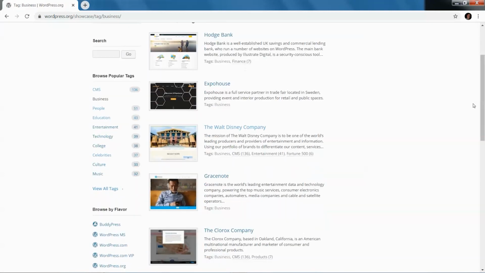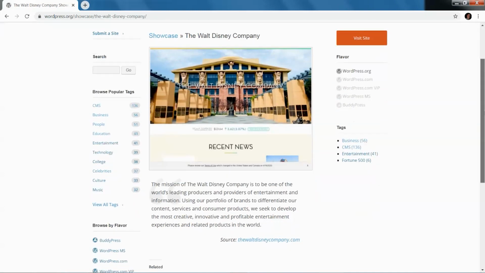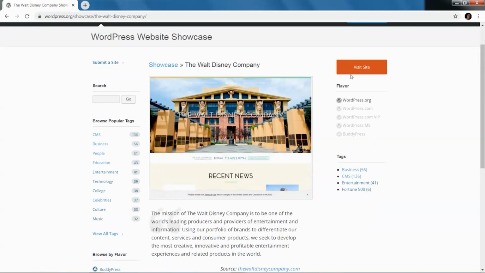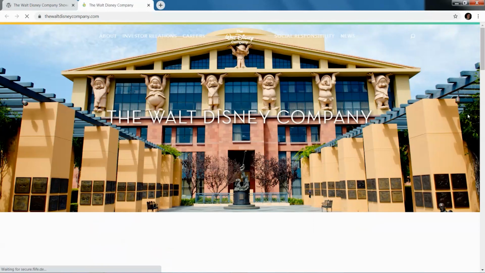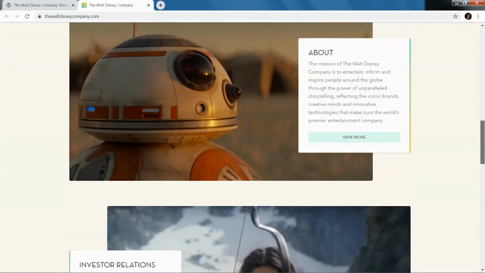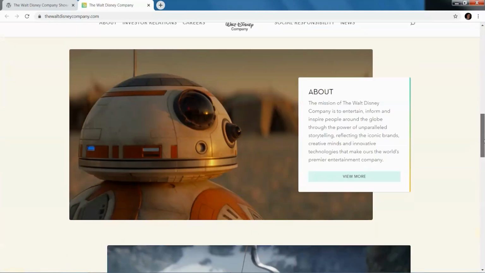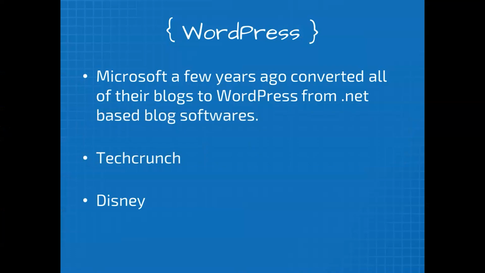There's one about the Walt Disney Company, and it actually talks about how they used it and what they used it for. And you would never believe that that site is a WordPress site. It looks like just any other site that you might visit on a regular basis on the internet, doesn't it? And yet this is powered by WordPress. So rather cool. A lot of the other things that Disney has for some of their home entertainment lines and some of the movies and other content are actually supported by WordPress as well.